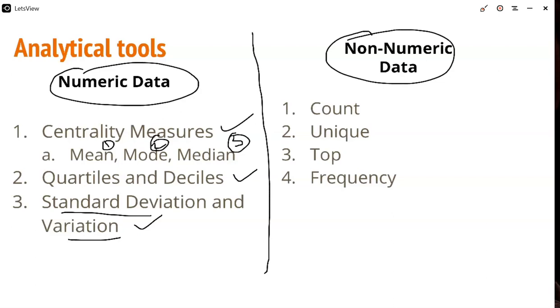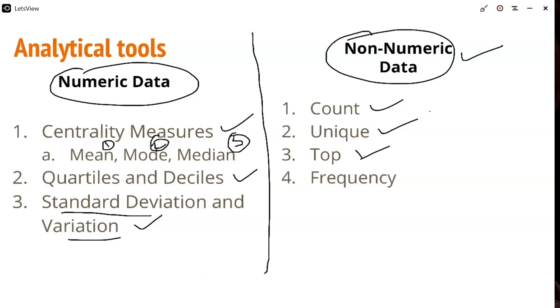The attributes that are used to describe non-numeric data start with count. Count indicates the different distinct data instances that are present in the data set for a given non-numeric data variable. The unique attribute is also used to characterize non-numeric data, and it is a number which indicates how many distinct values for a given non-numeric data variable are present in the given data set.